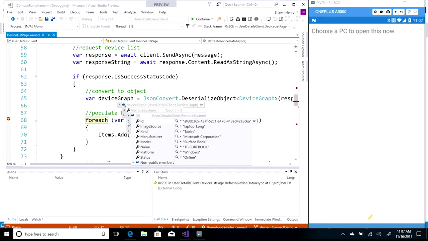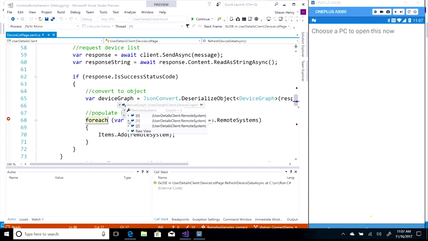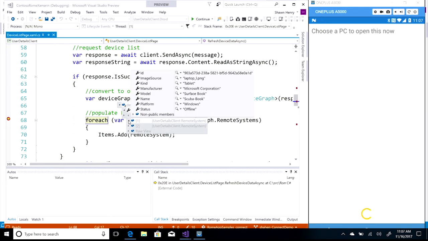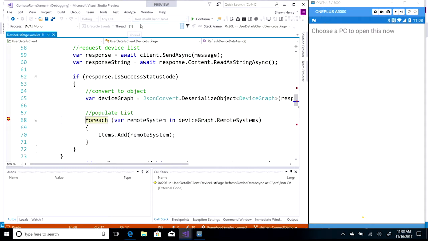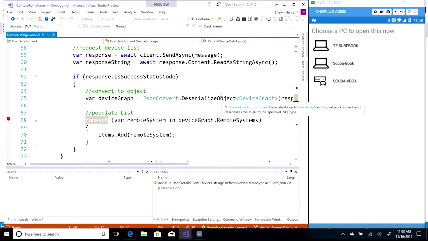So here's the laptop that they have, and here's another laptop that the office has, and you can see some information about this particular device. You can see that it's a Surface Book made by Microsoft. It's the tablet form factor, so we know it's got a touch screen, and we know it's running Windows. I see. So you're getting the devices for this user and some of the capabilities for the device,